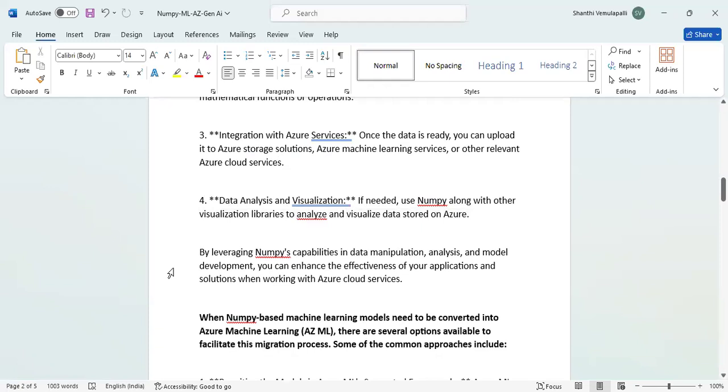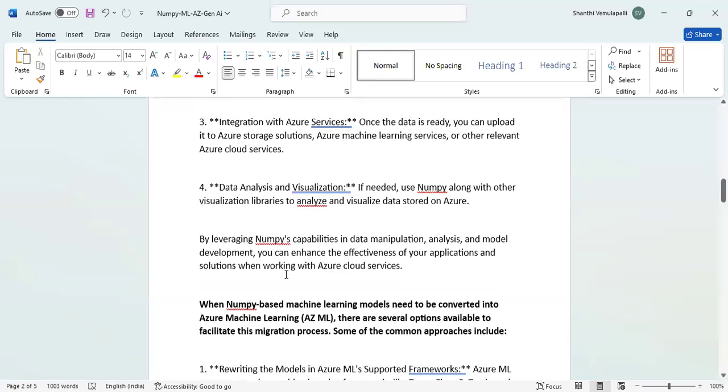There are so many tools with every cloud service. They have integrated under the API concept to display the data in the cloud, what is happening. There are so many monitoring tools. So monitoring tools bring the cloud services data, how they are functioning, what kind of issues are appearing, all those things are displayed through the tools. It means Azure, any cloud service, has APIs to connect as an adapter to that particular tool. The same way NumPy also has APIs.